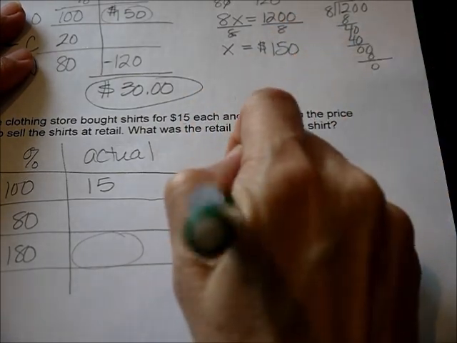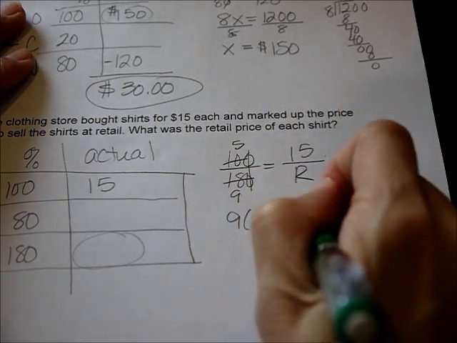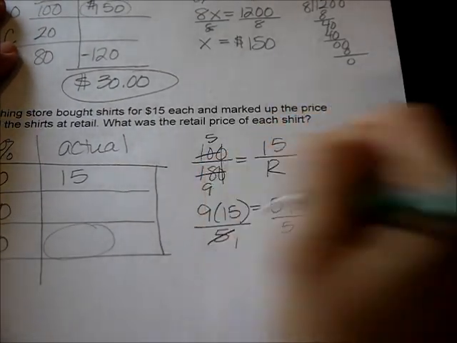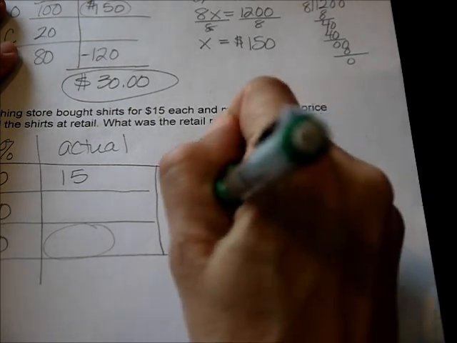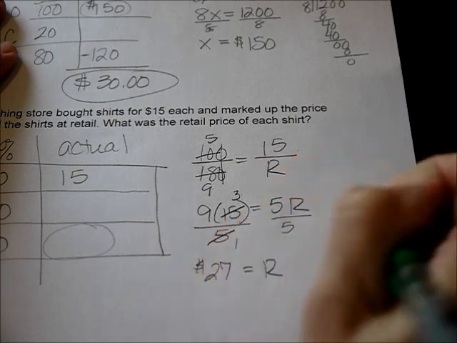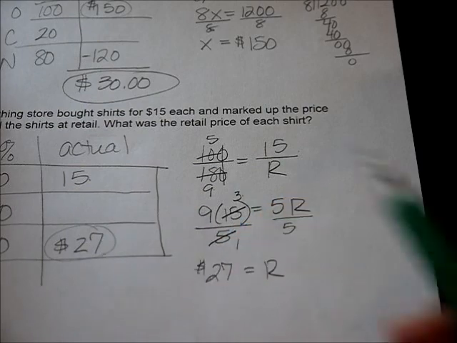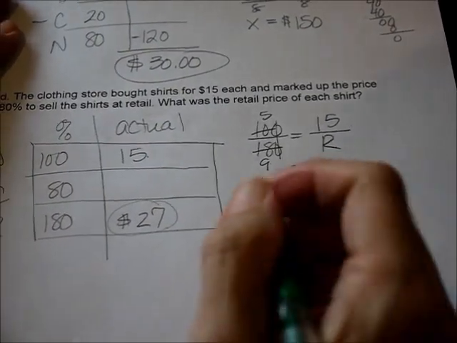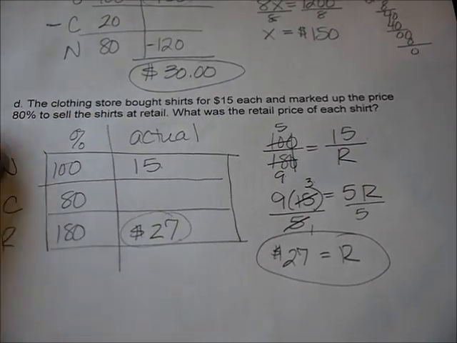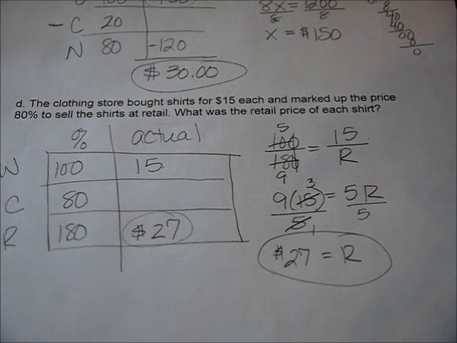So now we can do 9 times 15 equals 5 times R. Can divide both sides by 5 before we do anything else, and that's nice because that goes into itself once, goes into there 3, and now all we have to do is 9 times 3. $27 equals retail. Okay, so they went from $15 up to $27, and that seems reasonable. So there is our final answer. These are fun as long as you don't get caught up in how long it takes to read the problem. Okay, and I will see you next